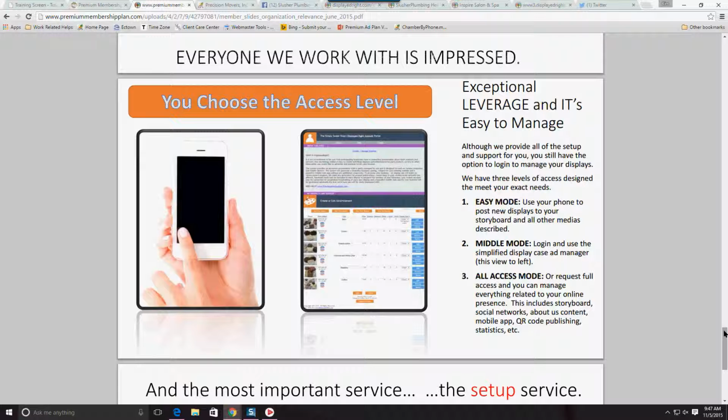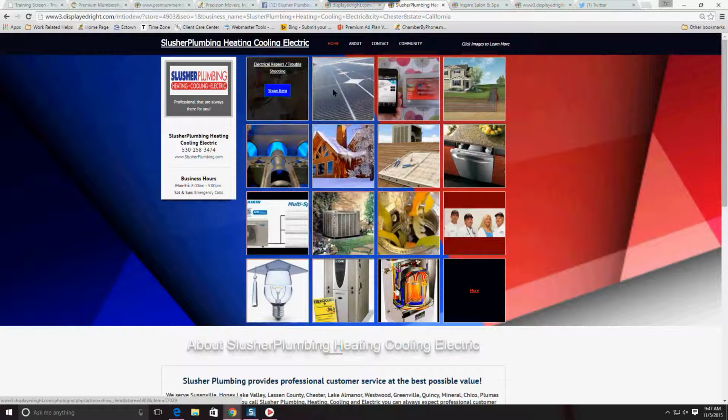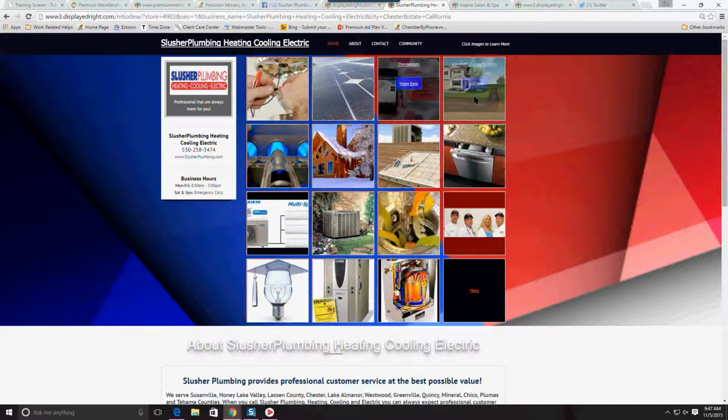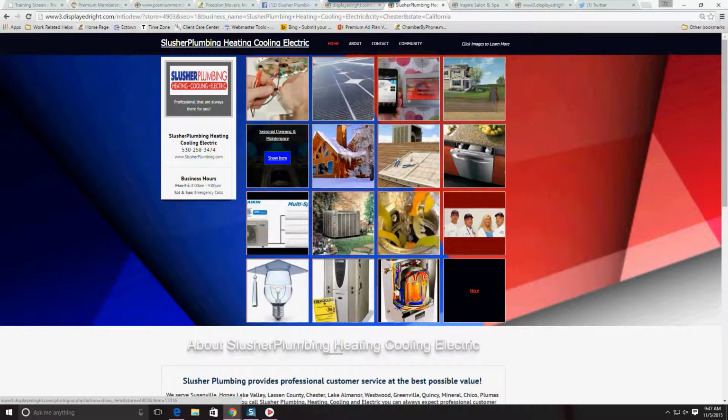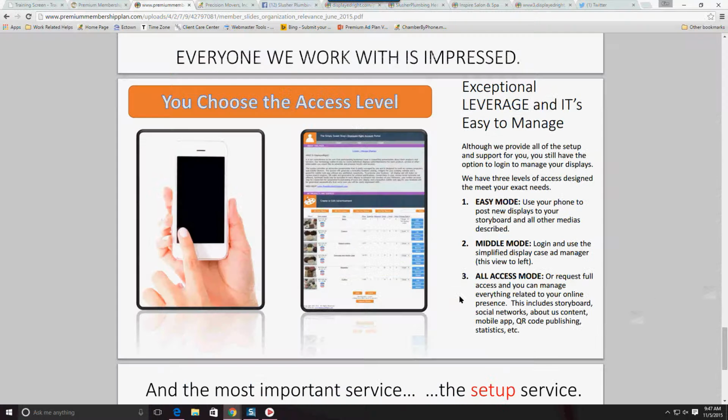The middle login is for you to just manage your display. When I say manage your display, I mean you're just inputting each one of these pieces of information. You add an image, you provide the content information, and then you just hit post, and then it will show up here. And then, of course, all access mode is a full request where you can actually manage and change